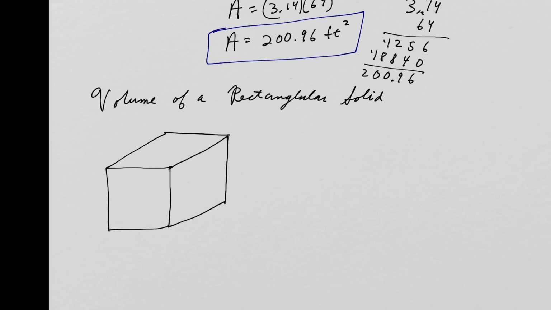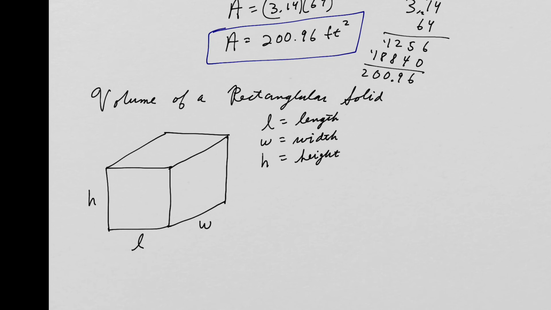So this box has a length, L. It has a width, W, and it has a height, H. So L is the length, W is the width, and it doesn't really matter what you call the length, what you call the width, and what you call the height. And H